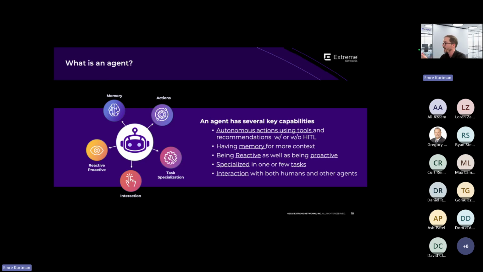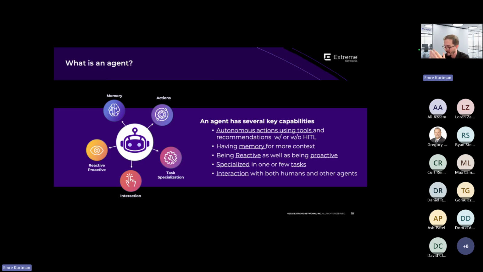They can be reactive, like you open up the chat AI Expert and ask some questions, or you open up the service agent and say, I have an issue on this particular device or in this part of the network, please investigate. This is the reactive mode, right? You ask something and then it performs a task. Or it can also be proactive.